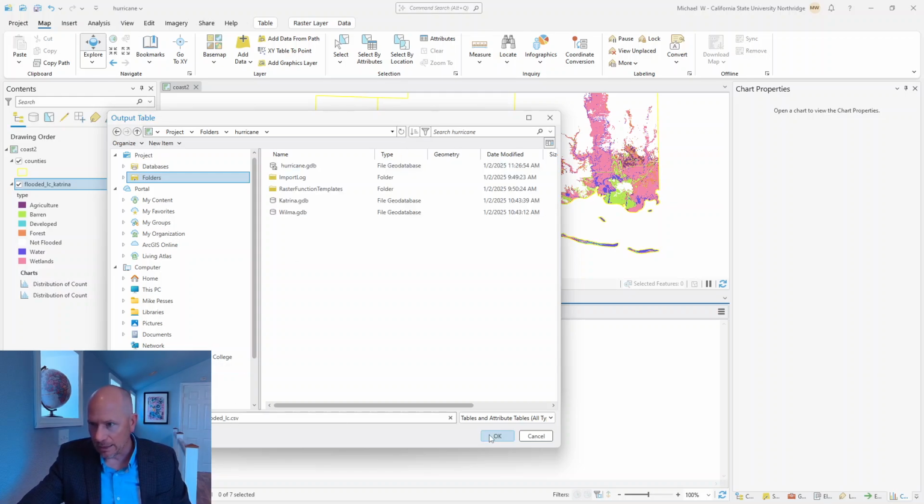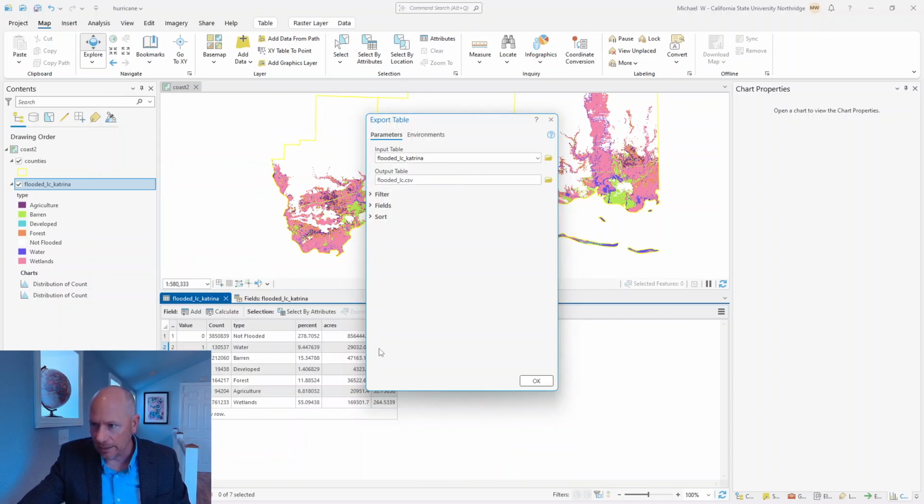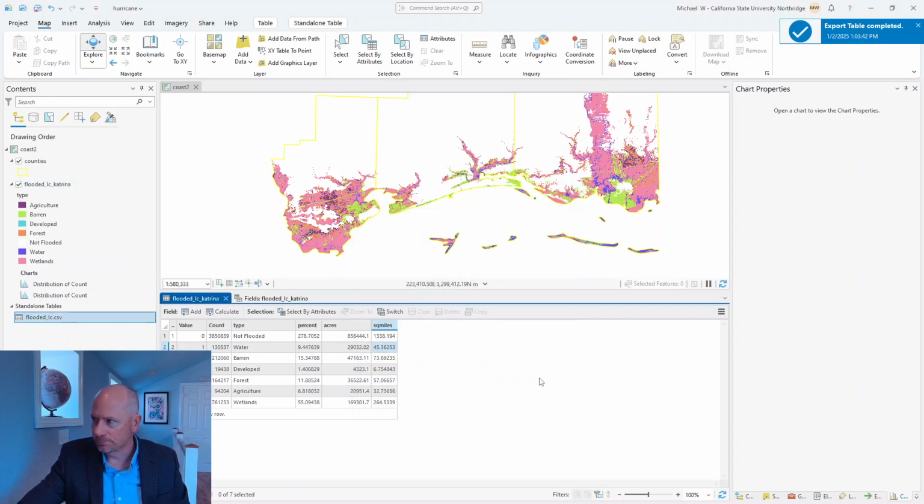That looks like that. I'm going to hit OK. Oh, son of a gun. Okay, I'm going to hit OK again. That should be good. Let's hit OK. It says it completed. Now what I'm going to do is actually look at this outside of